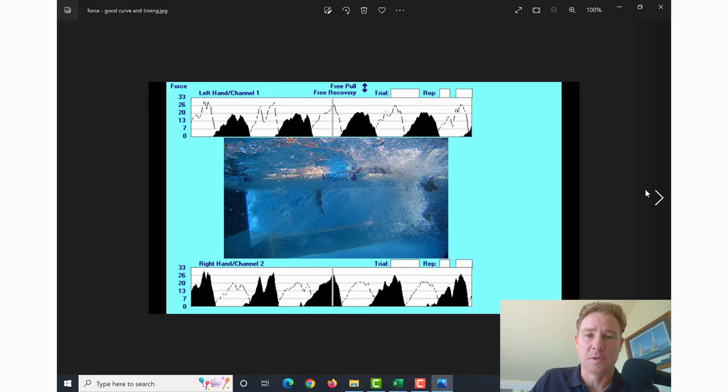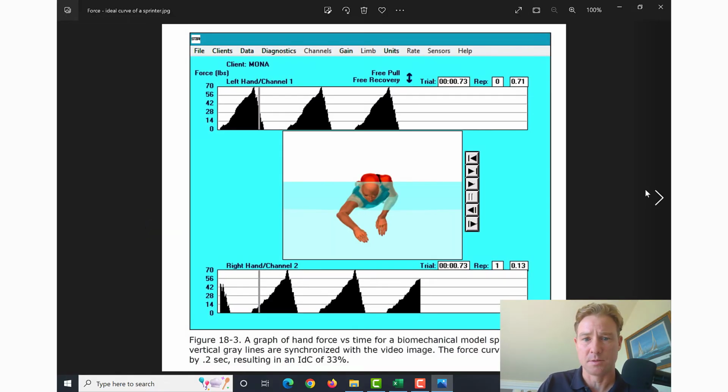So if you're listening, obviously this is not something you can see, but I'm going to go ahead and just show you what an ideal curve of a swim sprinter is. And this is from the world-renowned coach that developed this program. And let me also say that only a computer model can do this perfectly. Even Olympic swimmers can't make a curve quite like this. But what the curve is